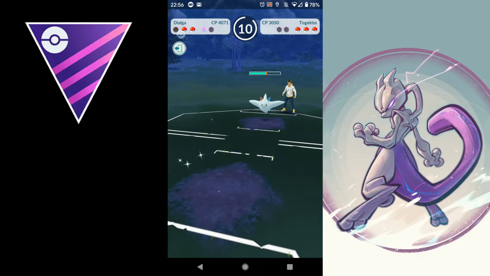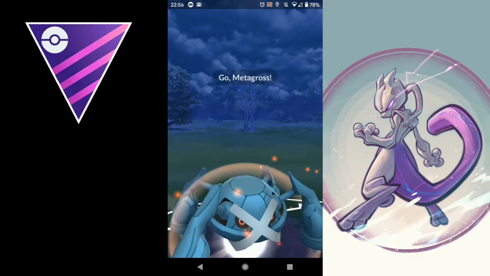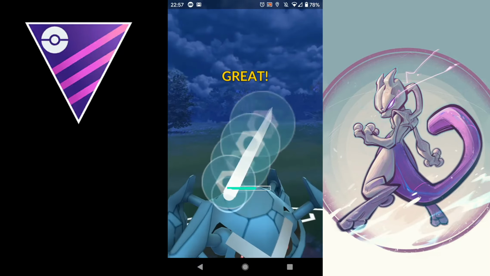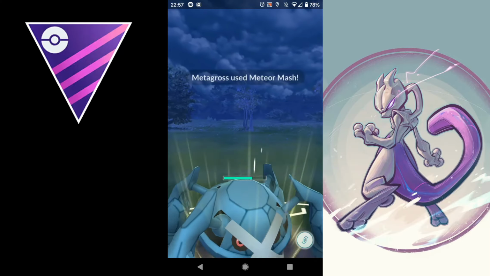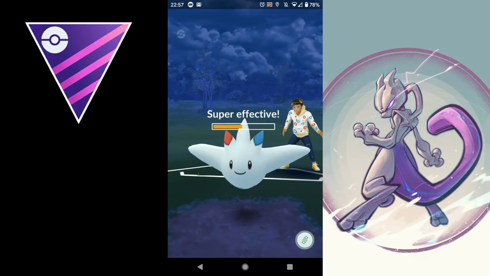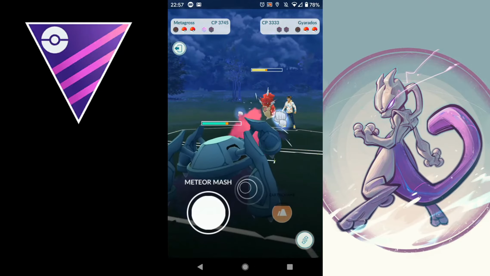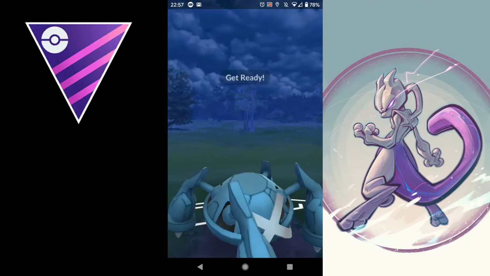So what I need to do is come in and straight up Meteor Mash to try and burn all that energy that they've got. And I should be able to do that. So there we go. So that's all that energy gone. Let's see what they come in with. So I'm going to